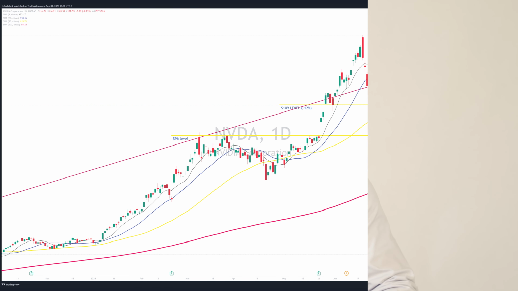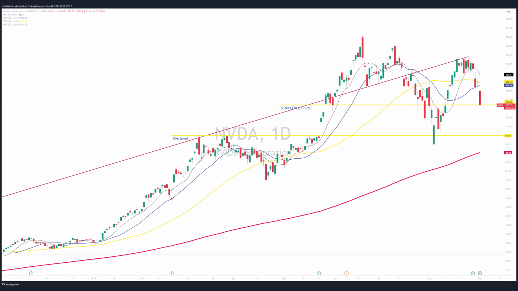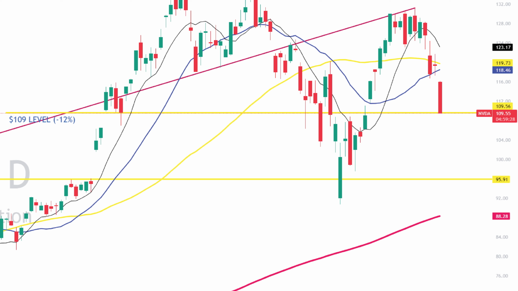In this next graphic, we're going to look at the NVIDIA chart itself. So in this one, we will look at the actual NVIDIA chart. I, again, have illustrated some key levels for us to pay attention to. This is September 3rd, and we happen to be sitting on the 109 price level right now. That's a key level for this stock. NVIDIA's broke below that one time before.